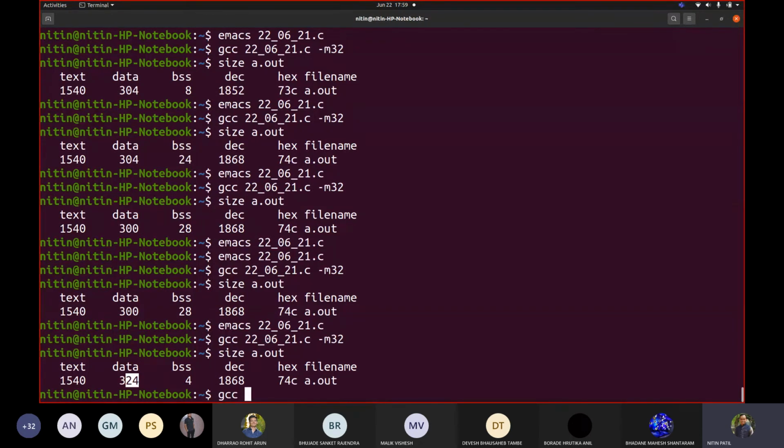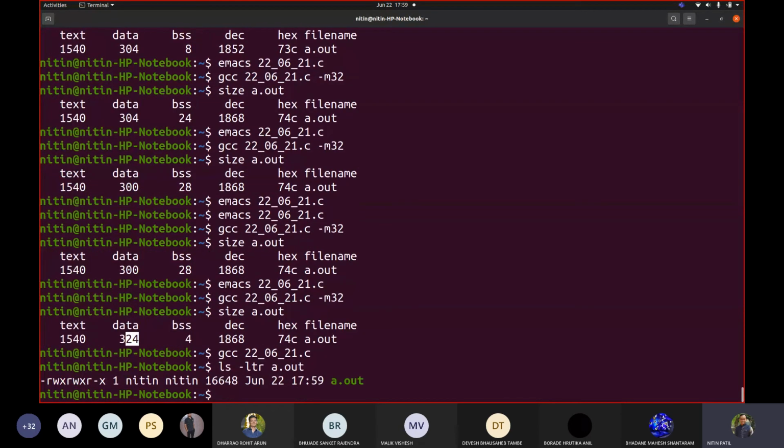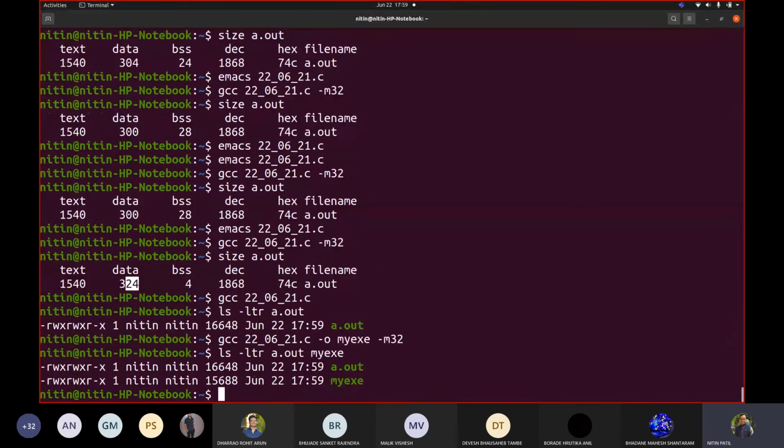So for example, our code was this one. Correct. So if I see the size of the file, now I am writing dash o my exe dash m32. Okay, now let me run my exe. Can you see the change in the file size? Yes, sir.